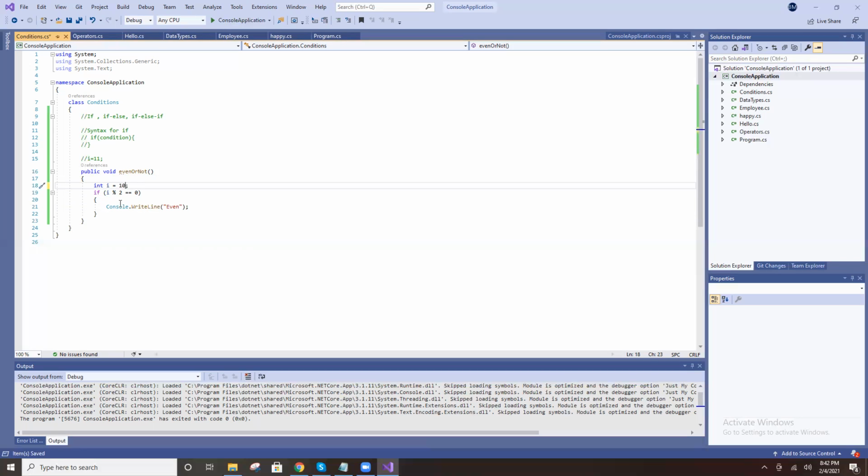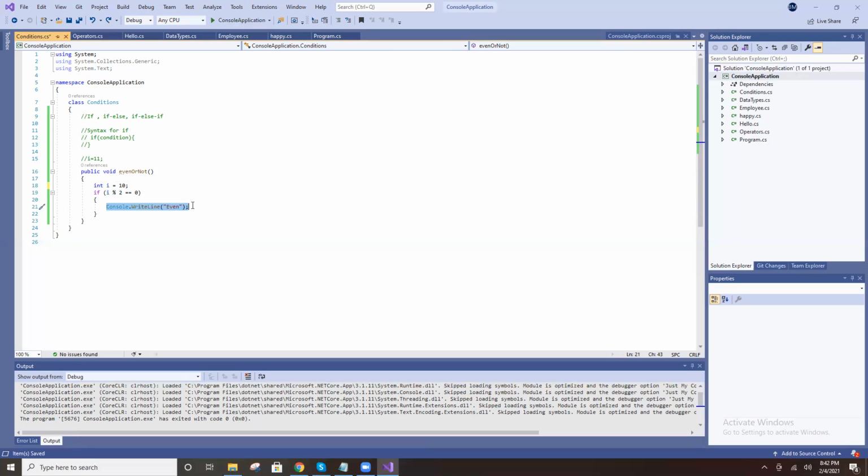Now I is 10. What is 10 modulus 2? It is 0. 0 equal to 0, true or false? True. Go to here and print even number. Got it, right? Clear, right? Whatever, if the condition is satisfied, then only the statement will execute.